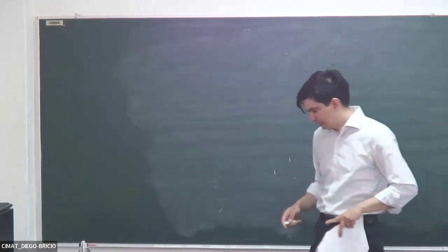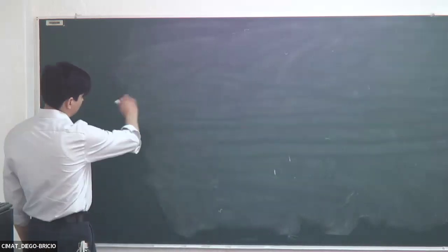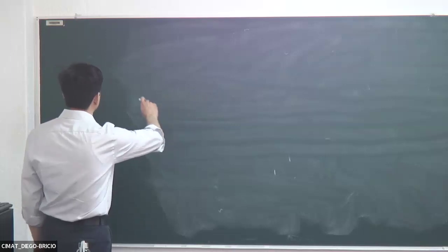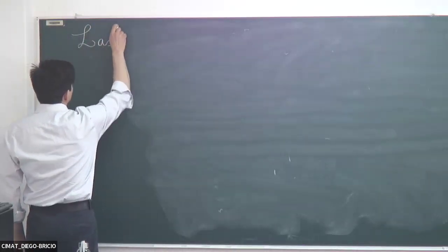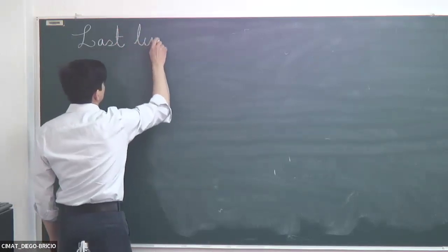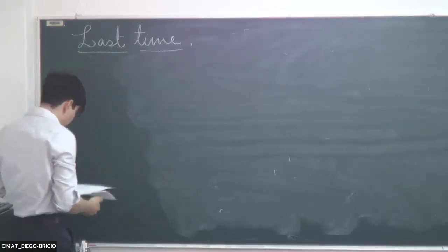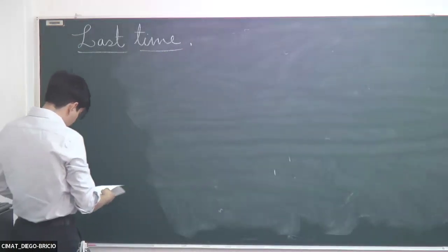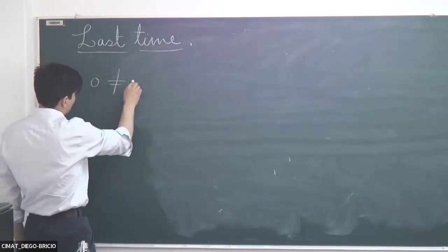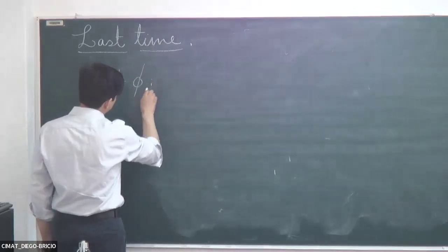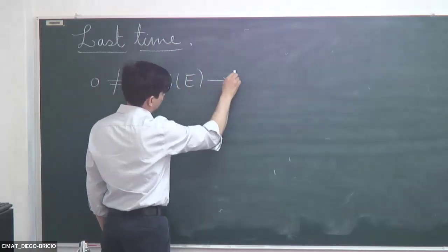Okay, so last time we learned something truly important about the relationship between maps and divisors. So let's do a recap. Last time we were doing the following. We noticed that if we have a non-zero map phi that goes from SE to RD,